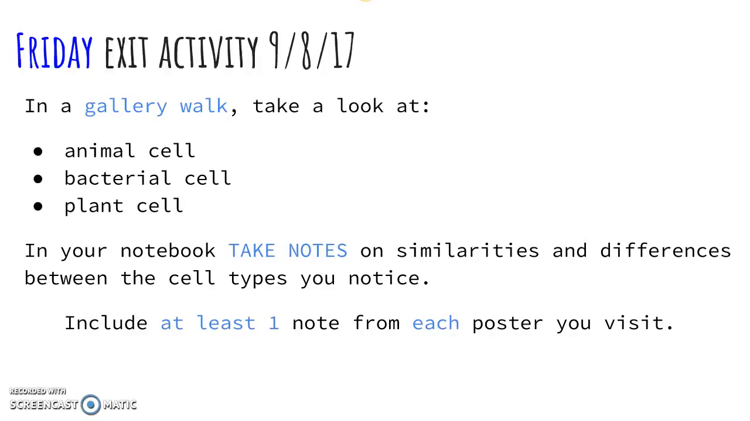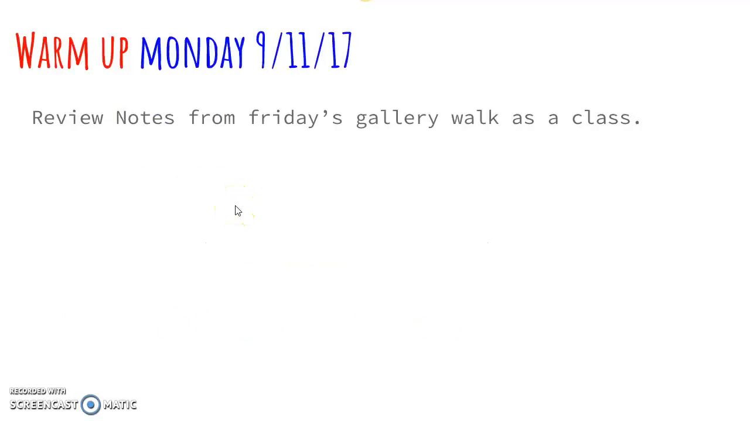gallery walk. So we went out in the hallway and posted these on the wall, and they were assigned to, in their notebook, take notes on similarities and differences between the different cell types. They had to include at least one note from each poster that they visited. So they had animal cells, bacteria cells, and plant cells, and they had to make note of what organelles were included in each one, which ones were unique, and which ones were similar. So that was the first